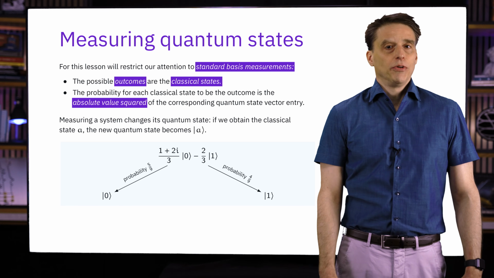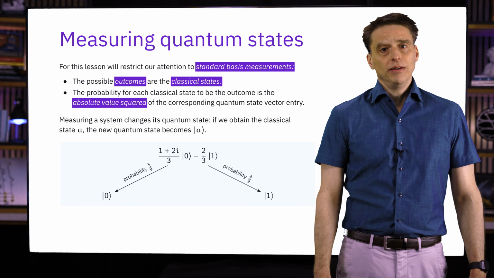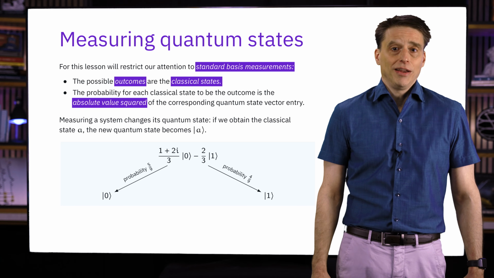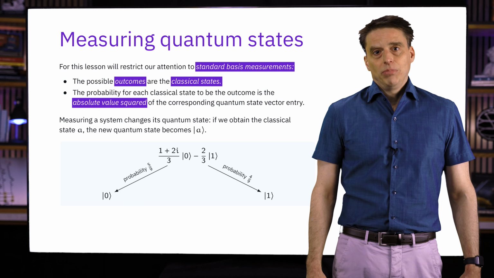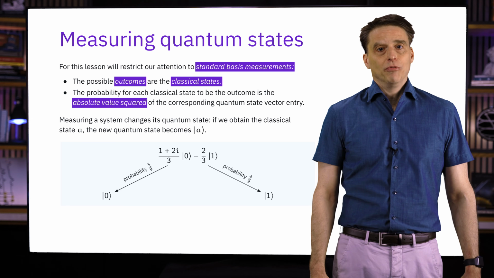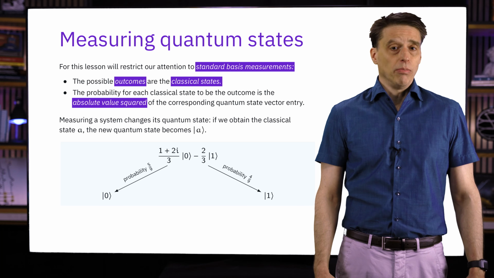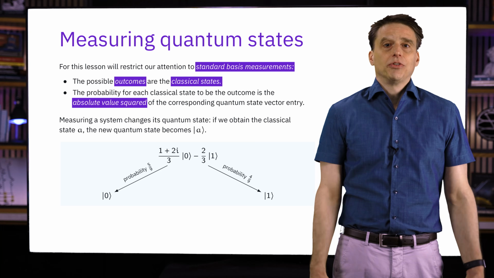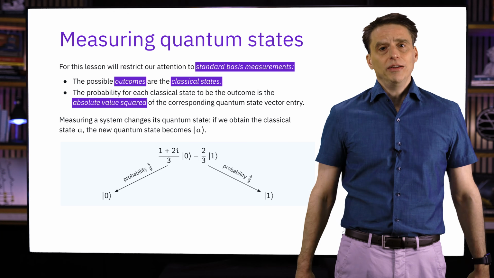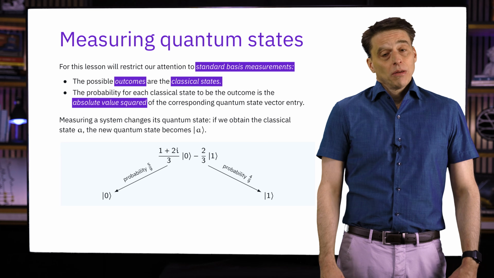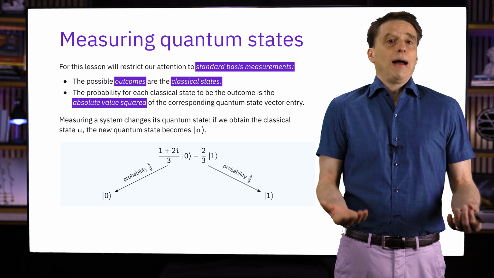Sometimes this phenomenon is referred to as a collapse of the quantum state, and it's the kind of thing that keeps people that study the foundations of quantum mechanics awake at night. But from a purely mathematical perspective, it's really quite simple and very much analogous to what we have in the probabilistic case. The source of tension here, in some sense, concerns the fundamental nature of quantum states and what they represent and how they differ from probabilistic states. But at a mathematical level, this is perhaps what you might expect.